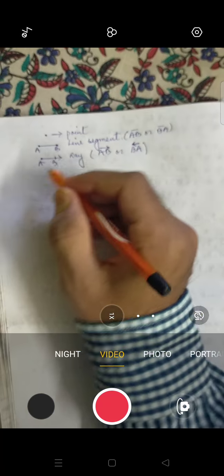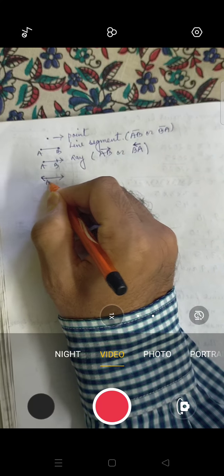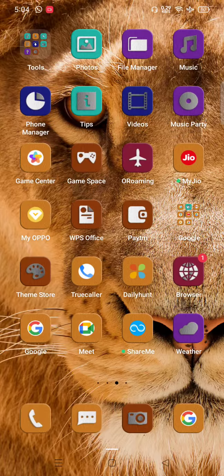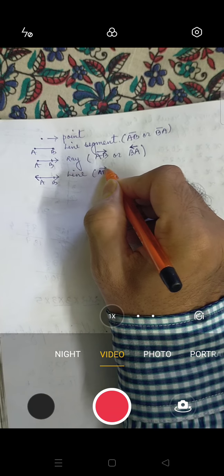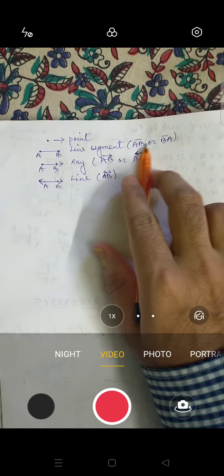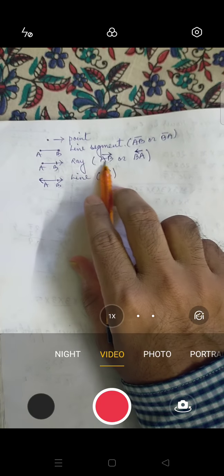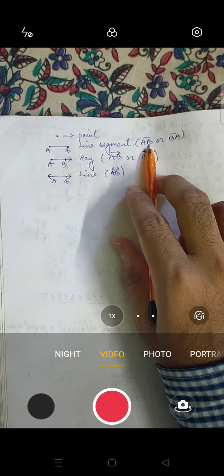Fine. Now next, if you have a line with arrows on both sides, let it be A and this as B, this will be termed as a line. So a line can be written in the form of a symbol like this. But while solving the answer, if you are writing simply AB for a line segment, no issue. If you are writing BA, no problem. If you are writing a ray as AB, no problem. No need to give the arrow or bar or both-side arrows. Directly you can say that AB is a line, AB is a ray, AB is a line segment, that's all.